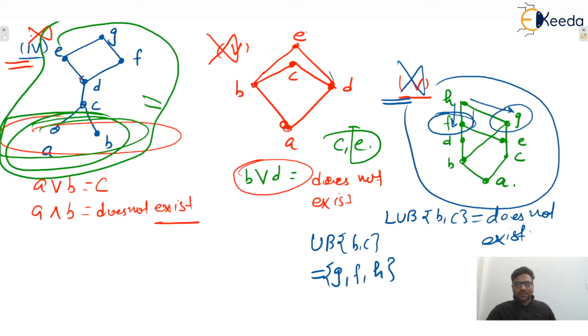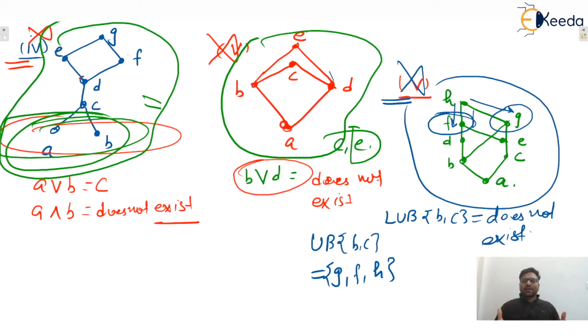Let us consider this one example, the fifth one. Here greatest and least are not existing. Here also we cannot say that E is greatest, because C and E are not comparable. C is greater than B and D, but we don't know how much greater. Similarly, E is greater than B and D, but we cannot compare C and E. The branch of C, I can draw this branch above E.